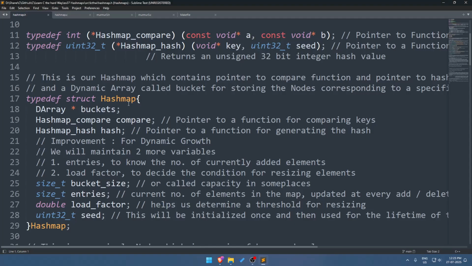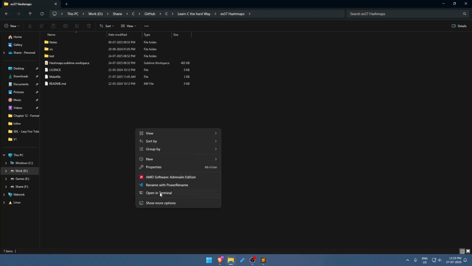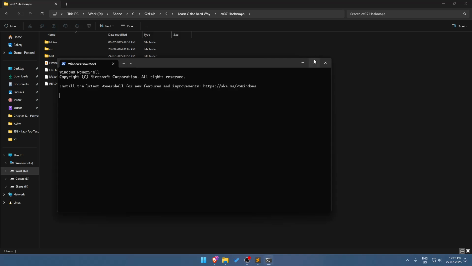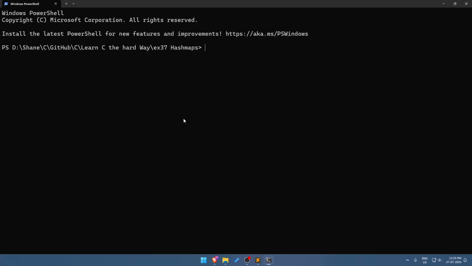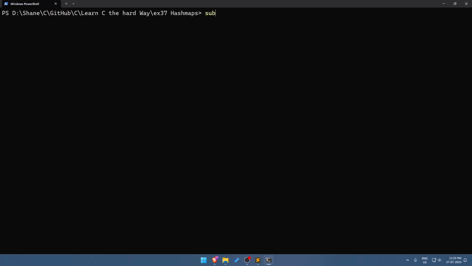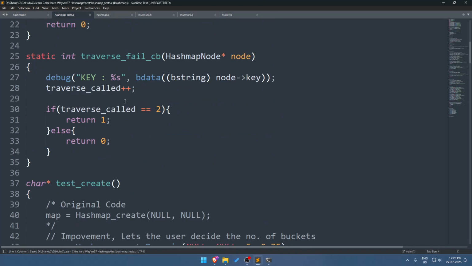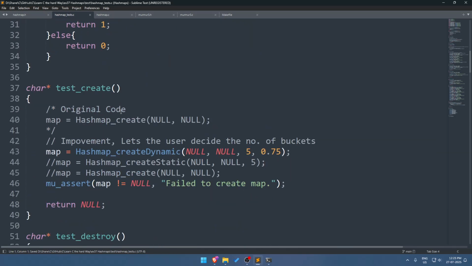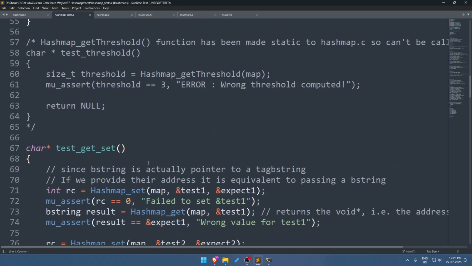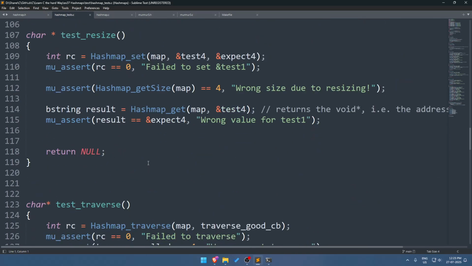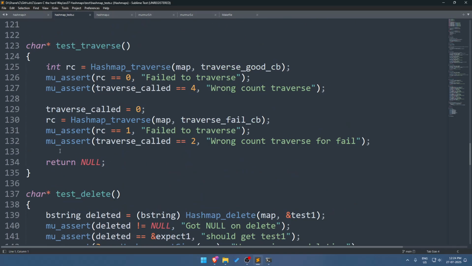Alright, so I think I have to fix a bug here. Let me open the tests. Yeah, okay. So in here, I think the test was regarding if I create a static and then I should write a test for